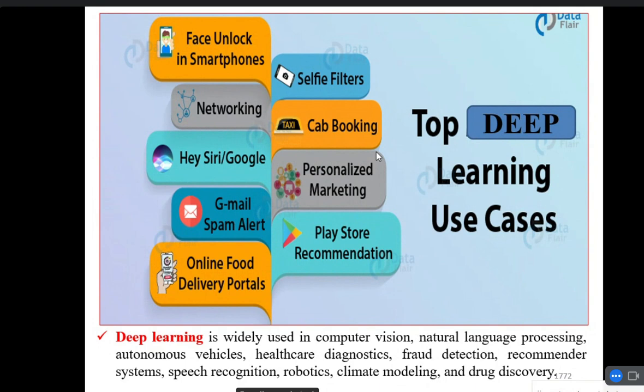Then selfie filters, networking, cab booking, Hey Siri, Google applications, personalized marketing, Gmail spam alert, Play Store recommendation, online food delivery portals, etc. That's why deep learning is widely used in computer vision, like audio, video, text, graphics, animation applications, natural language processing, autonomous vehicles, healthcare diagnostics, fraud detection, recommender systems, speech recognition, robotics, climate modeling, and drug discovery. These are the various deep learning use cases.